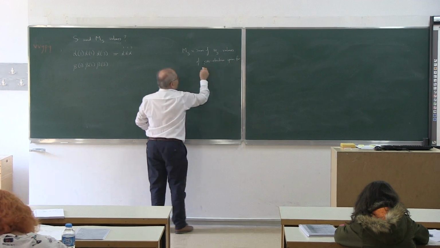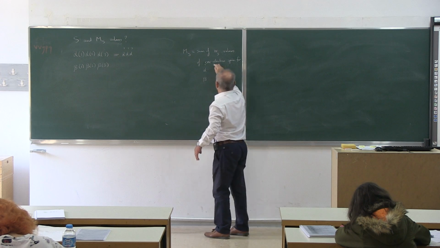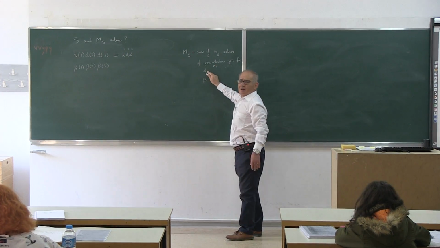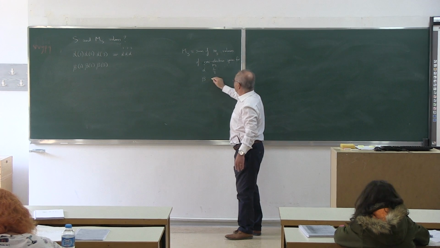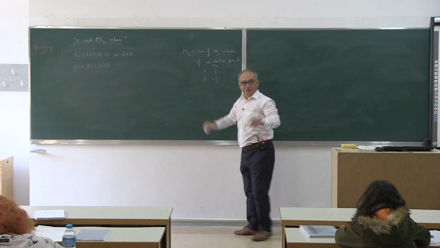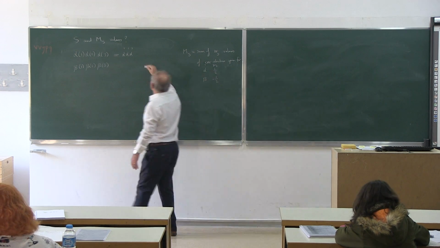One electron spin functions are either alpha or beta. Ms value for an alpha spin function is 1 over 2. For a beta spin function, it is minus 1 over 2. There are just 2 values. All right. So here,